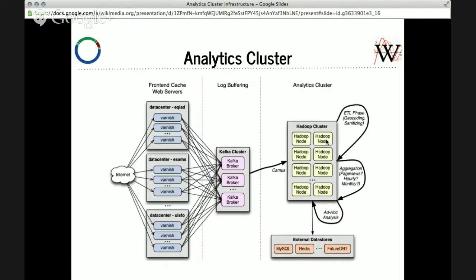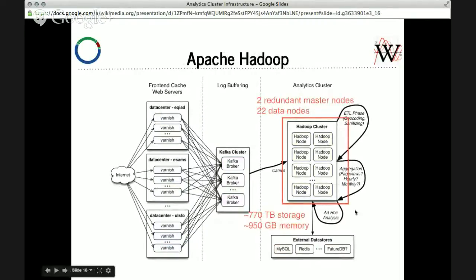So in this diagram over here, this little bit over here is the Hadoop cluster that we're talking about here. We just got a bunch of new hardware. It was actually installed last week, and as of Friday or yesterday, it's coming back online with a later version of the software. We currently have 22 data nodes with about 770 terabytes of storage and a total of almost a terabyte of memory across the whole cluster,